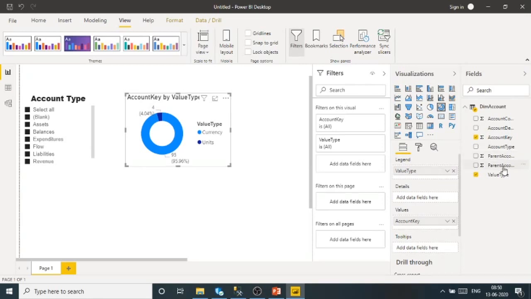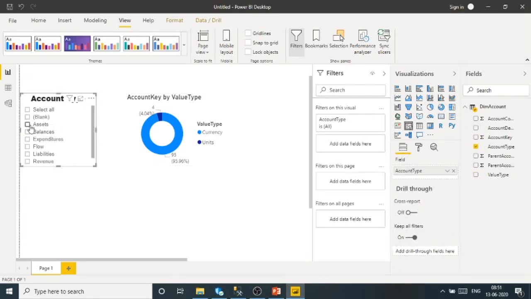There are only two value types, currency and unit, in this scenario. So it is reflecting what the liabilities and revenue are.